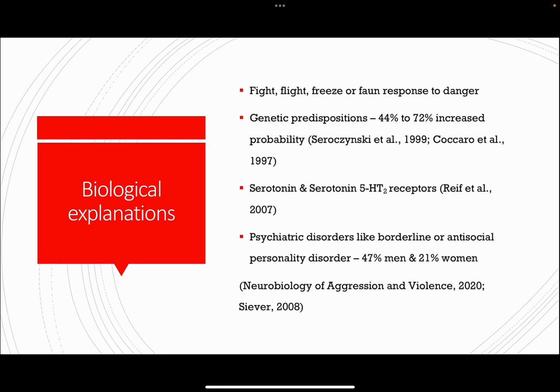Increased cortisol leads to the body turning into a state of fight, flight, freeze, or fawn. This can be classified as reactive aggression, affective aggression, or hostile aggression, and becomes pathological when the aggressive response is exaggerated in relation to the emotional provocation. Genetic predisposition to aggression is another biological explanation by examining twin and family studies. There is reason to suggest that aggression, specifically irritable or impulsive aggression, has high levels of heritability or genetic coincidences at a rate of 44% to 72%.